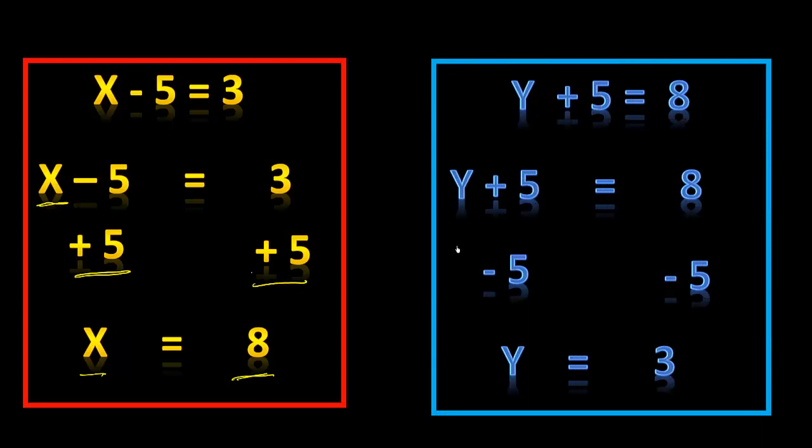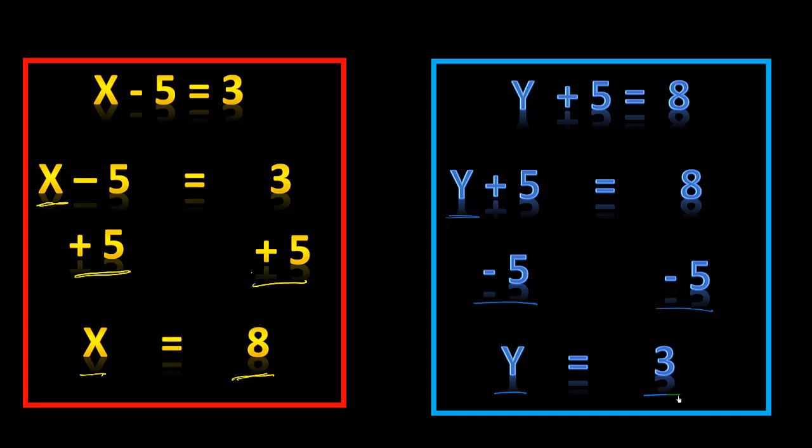Looks like our next example is related to addition. So as we know, the first step would be that we're gonna have to make y all by itself. How would we do that? We're gonna have to take away 5 from it. Y plus 5 minus 5. Now we're gonna have to do the same operation to both sides. So it would be 8 minus 5 also. So from this we see y is equals to 3. Because 8 minus 5